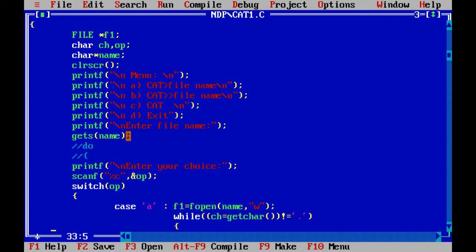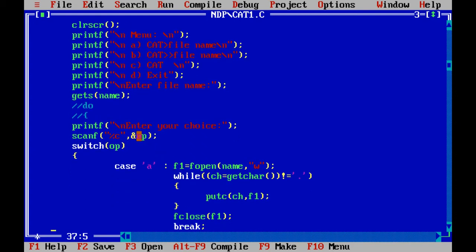This is a function to read a line from standard input into a buffer pointer, so it is just going to read our file name. Further, I have asked for the user's choice. We have given three choices over here, and the fourth choice is exit. We will read the user's choice into our character operation.